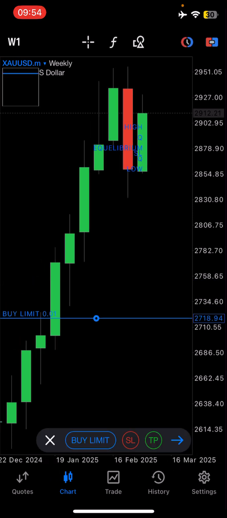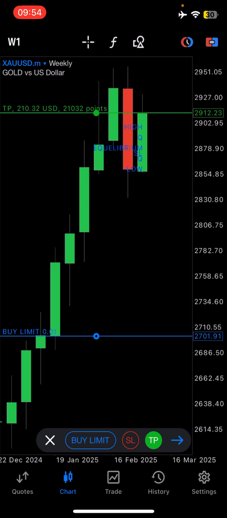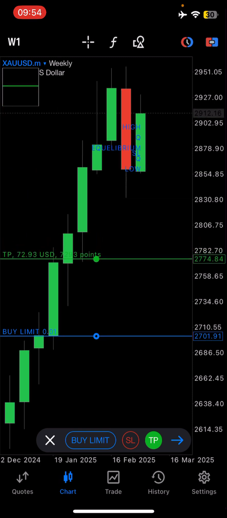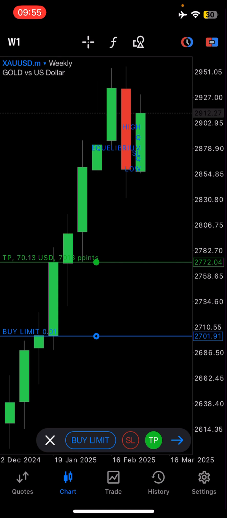So my trade strategy is simple. I buy here, I take my profits right there. That's my trading strategy. I buy there, I take my profits there. Trading is that simple. You don't have to complicate it. You don't have to add indicators. If an indicator works for you, let me not be dogmatic about my trading strategy. If anything works for you, just use that. It doesn't matter who is using what, as long as it works for you and you know that you can make it work. Just use that, okay?